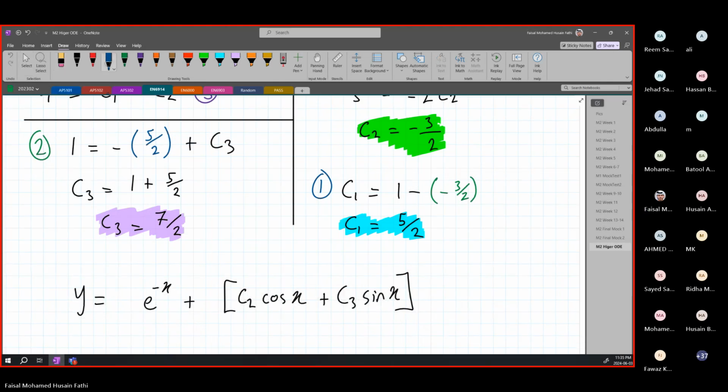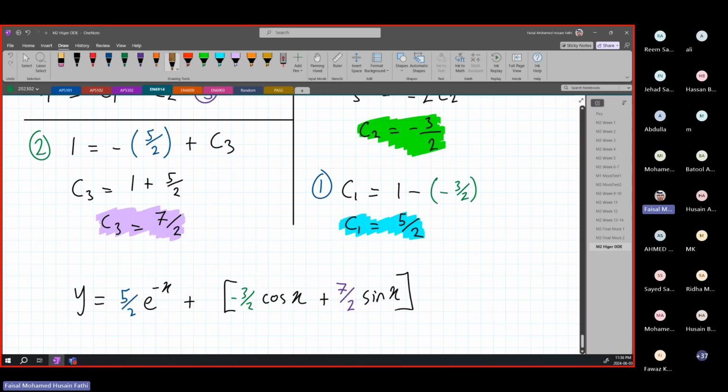C1 is 5 over 2. C2 is negative 3 over 2. And C3 is 7 over 2. All right? In terms of the particular solution, it is the exact same way of solving as when it came to